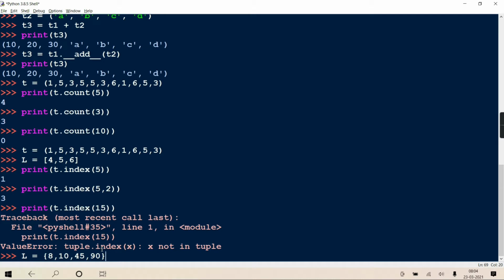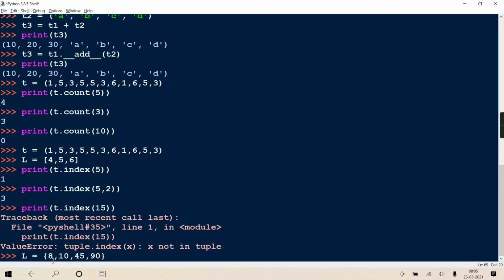Elements are distinct, no doubt, but the sequence in which we give the elements is not necessarily the sequence in which they are stored or retrieved. That's the reason we call it a collection of elements without repetition, but the order is unpredicted. You may ask why it happens like that. I'll come to it, but I hope the basic definition is clear.